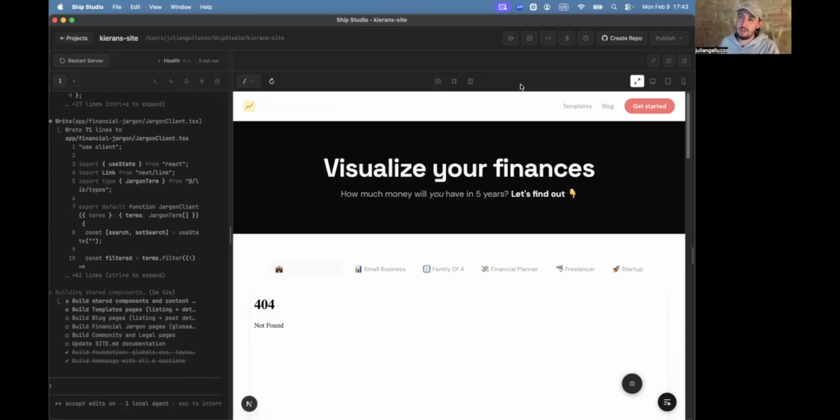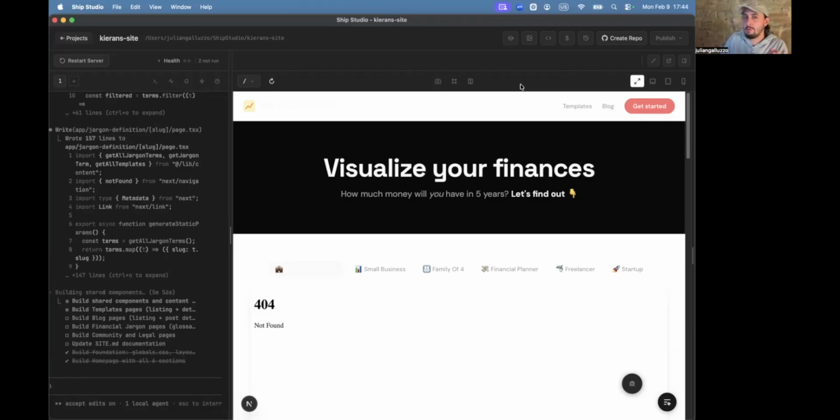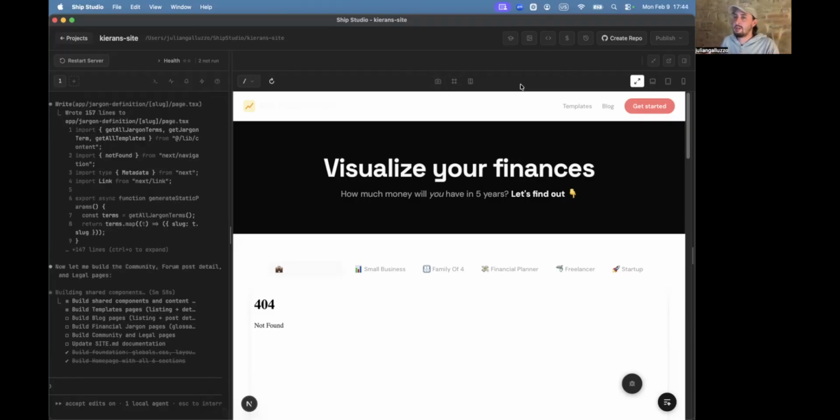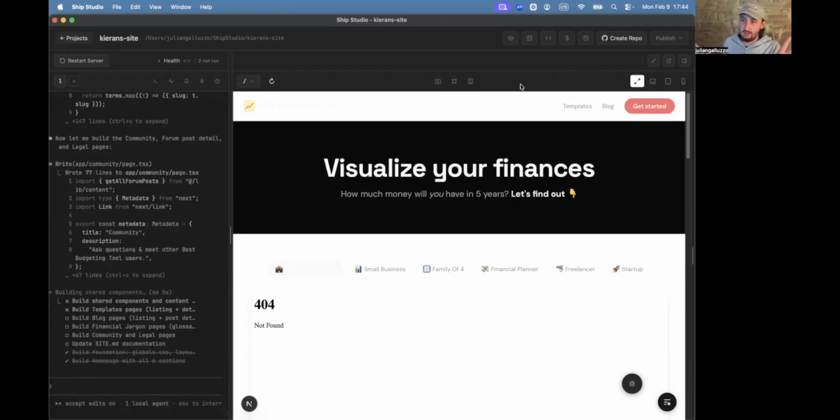And that's where this tool came from. It is just a much more simple and intuitive way to do the exact same things you were otherwise going to be doing. And another thing I want to mention here is all of this code is yours. It doesn't live in Ship Studio. It's in your GitHub, just as if you popped open Claude Code and did it yourself. And the app is totally free.